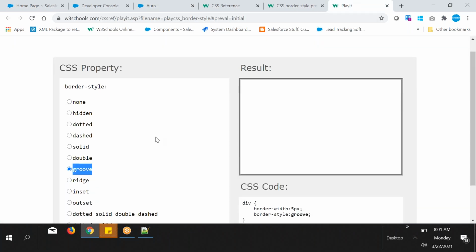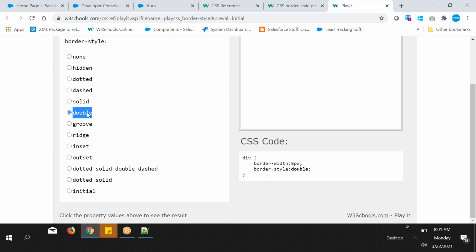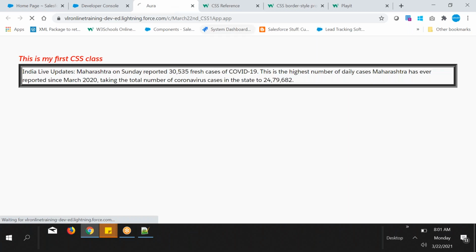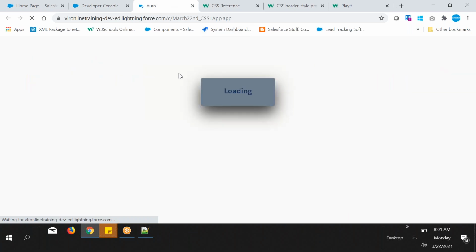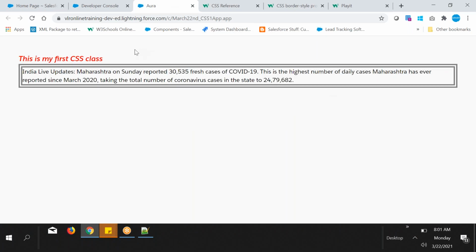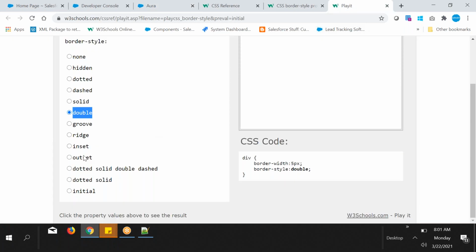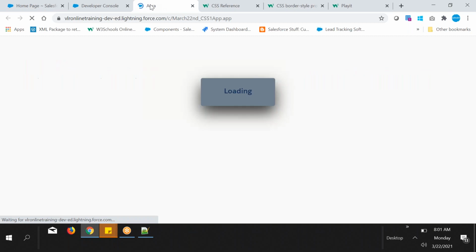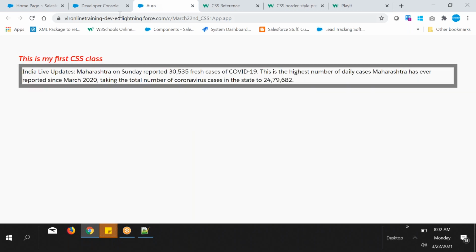And next, suppose I have given double. Let's see here how it will be. Apply it to border style, so replace groove with double. Let's go and refresh it. And see, two lines will be added, double. Okay, that will be the border styles, guys. You can play around with all the styles outside. Generally we used to give solid. That's it. Even based on the requirement only you need to give.